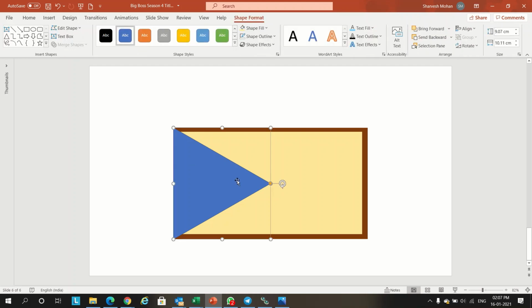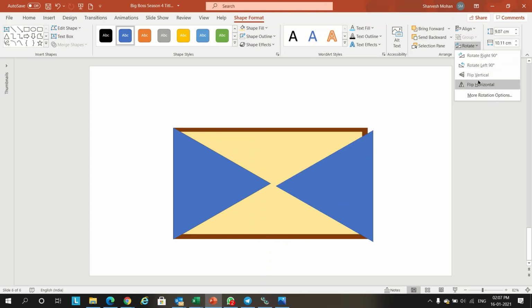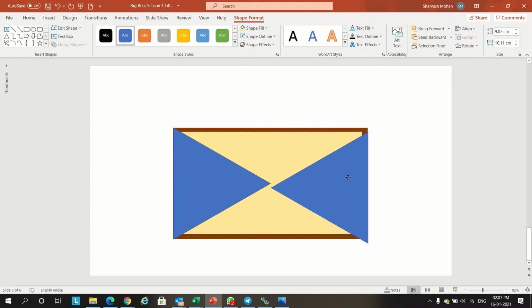Then we'll copy, Control D. Again we'll rotate, flip horizontal, and we'll just put it like this, and we'll slightly increase the length.